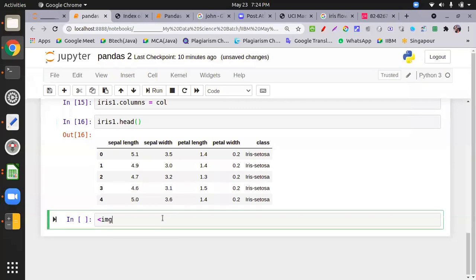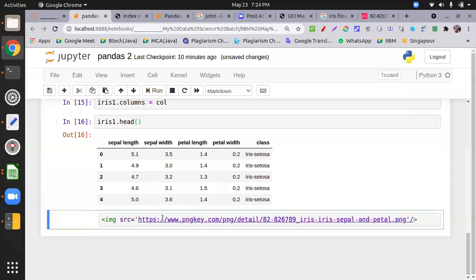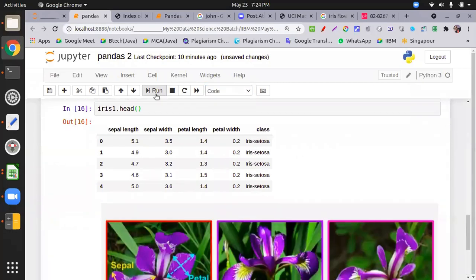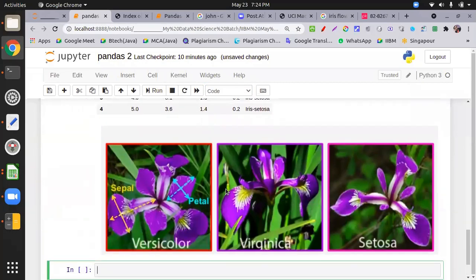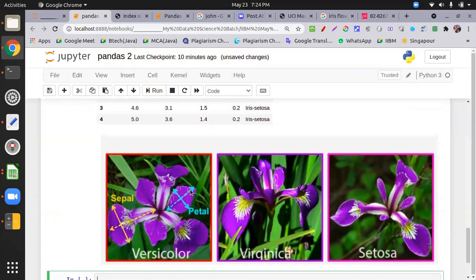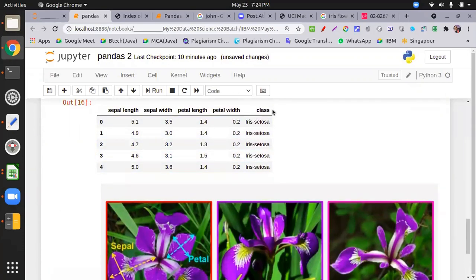If you want to embed any image, use the img HTML tag, src source, put the URL, close the tag, and press Escape M, which means markdown. Then run, and the image will be picked and shown over here. So now you have the iris.